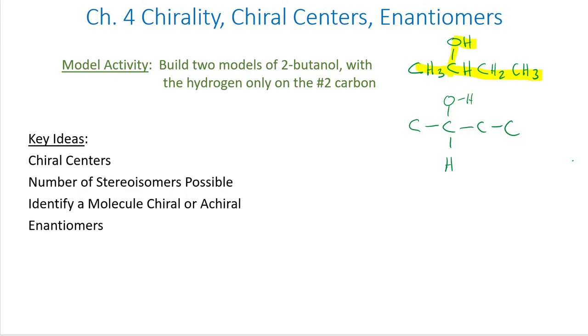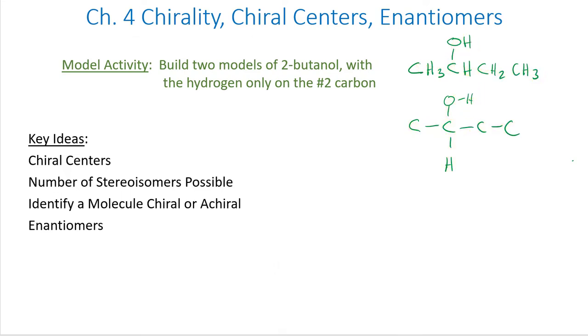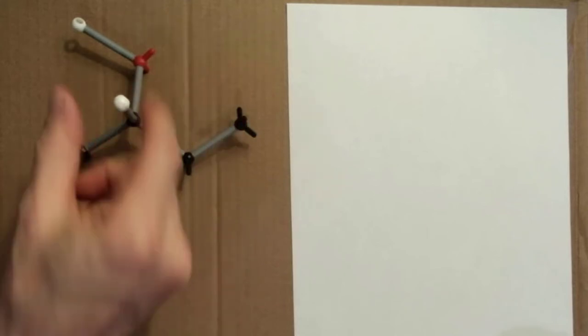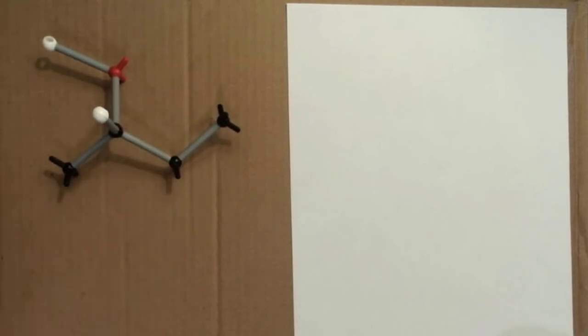And it's going to be most useful if we just put together the basic carbon chain and put a hydrogen only on the number 2 carbon, and if you want to, on the OH group. And that will take a few minutes if you want to make your model. And it should look something like this. So we've got 4 carbons in a row, we've got a hydrogen and an OH group on the number 2 carbon. Now, chirality in general is the idea of handedness, or specifically the property of having a